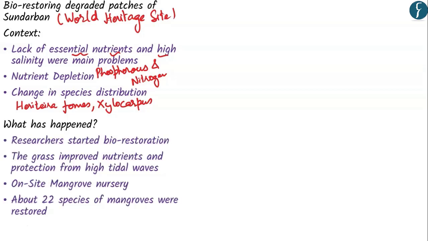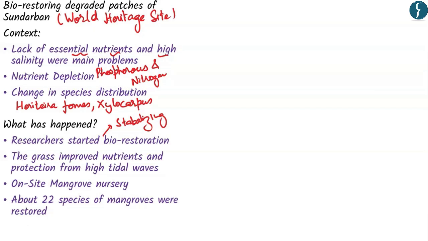The team of researchers even started a biorestoration process that involved initially stabilizing the site of restoration by planting 4 native salt-tolerant varieties of grass. These grasses proved to exhibit the highest survival in the lower and middle intertidal zone. The grass rhizosphere also provided a nutrient atmosphere to the colonizing mangroves, because this root zone decomposes microbes and helps release more nutrients into mud flat soils. In addition, these grasses also provided protection from high energy waves and subsequent soil erosion.